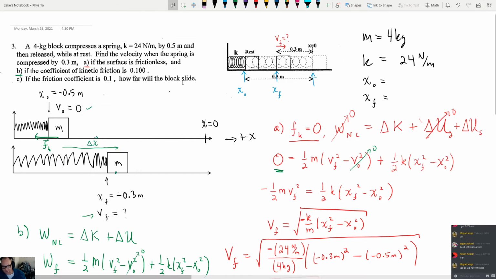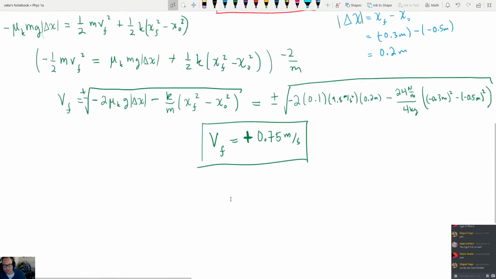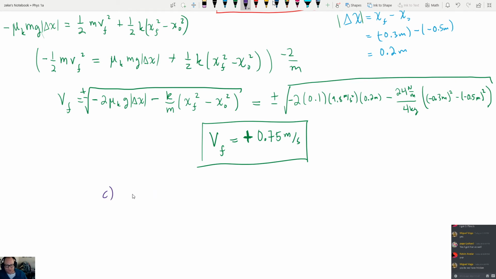To do that part right there, all we really need to do is to say that this spring is going to decompress up to about this point right here, at which point the block will have some kinetic energy, and then the kinetic energy of the block will carry it to the right until it stops. So for our initial position, we're still going to say x initial is equal to negative 0.5 meters. We say x final is equal to basically 0. We're going to assume that it basically decompresses the spring completely. Our initial velocity is 0. We want to see how far it will slide, which means it will eventually come to rest,